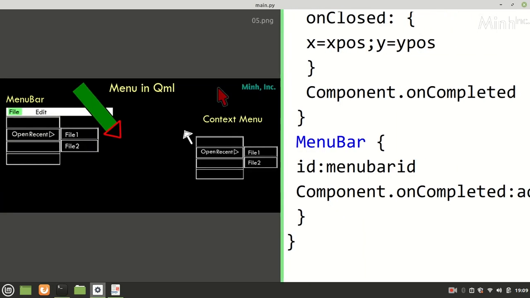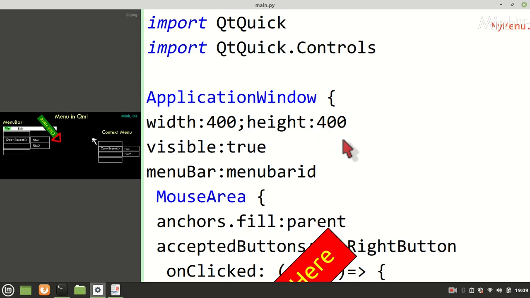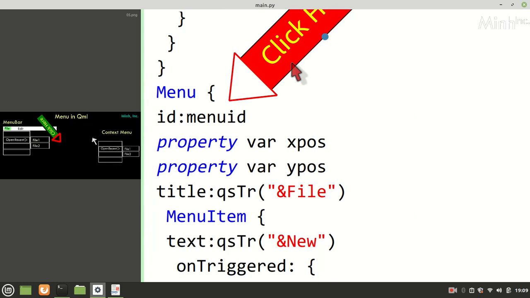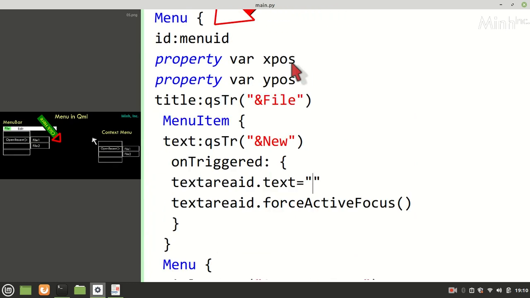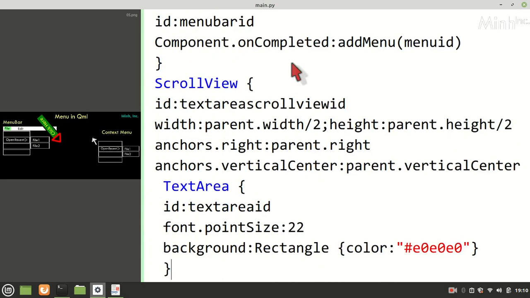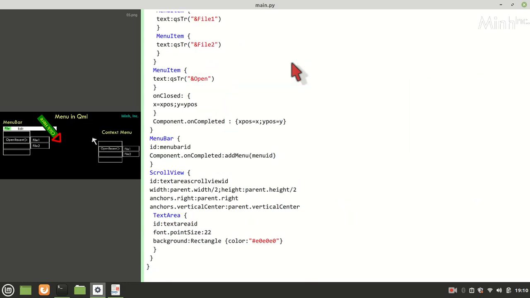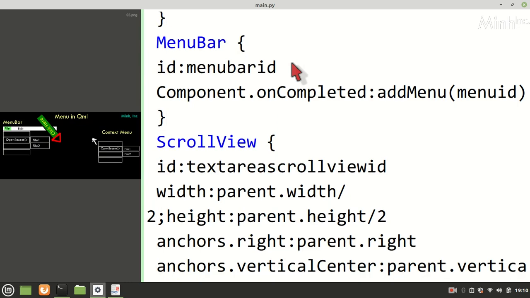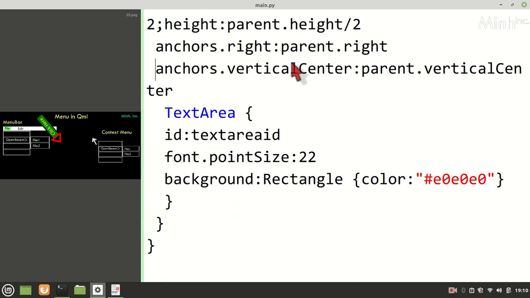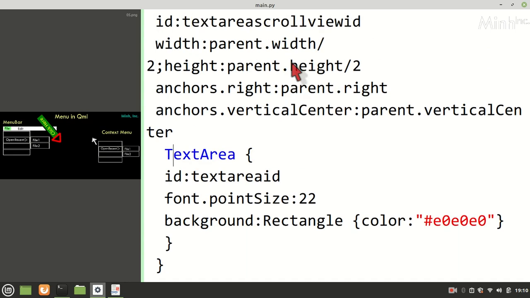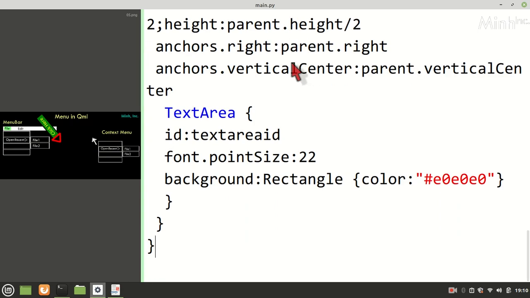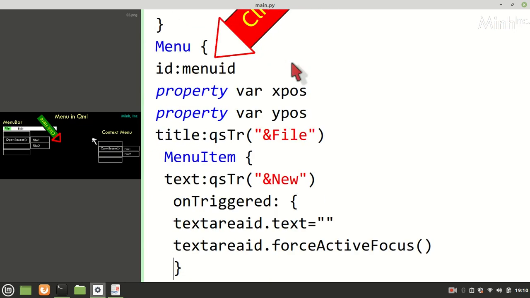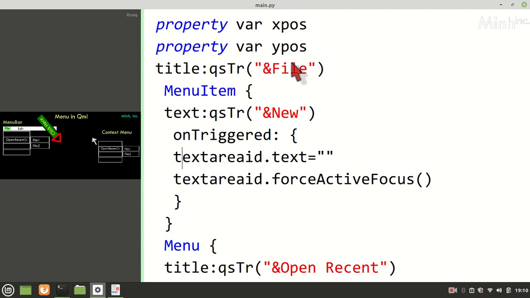If we want to see the code here, we can see. Okay, so now we added one scroll view, and in the scroll view we provided the ID and anchors, and then took a text area where the background is something, and in the menu, when we go to the menu, we added a trigger for the new, and text area ID text is nothing, and it will take active focus.